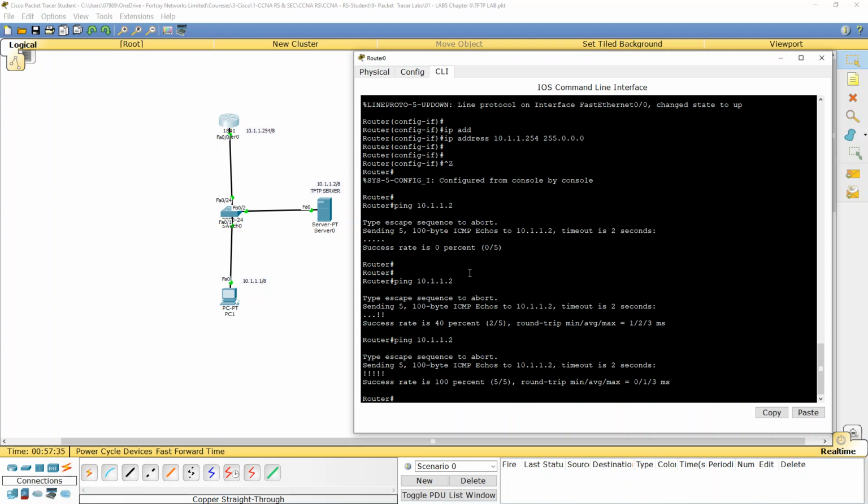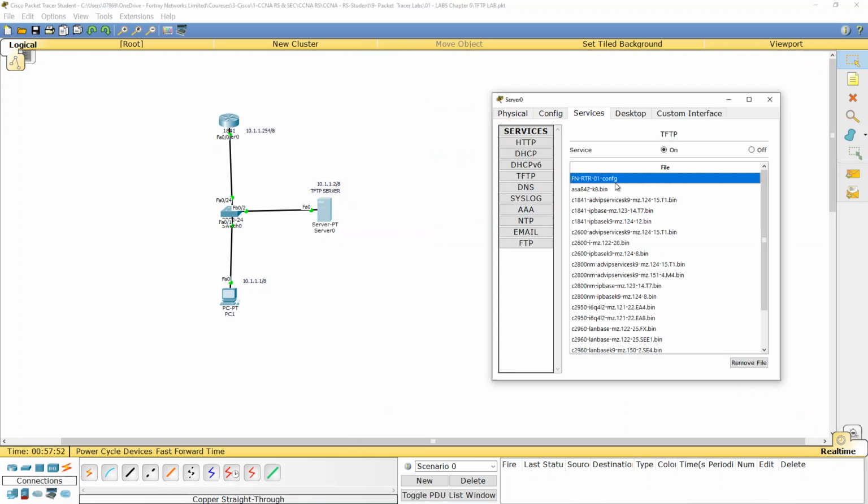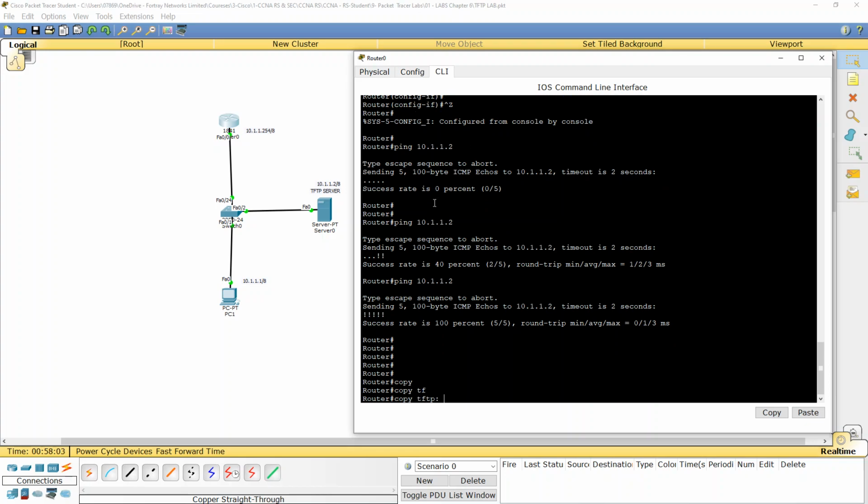So previously we sent the file from the router to TFTP. Is it clear? Now we need to download the file from the TFTP to the router. So now look at that. What is the name of the router now? Because this file was saved previously by me, what is the name actually? fnrtr01-confg. Exactly the same name we need to type, but the command will be different. Copy TFTP, because TFTP is now the source, and running.